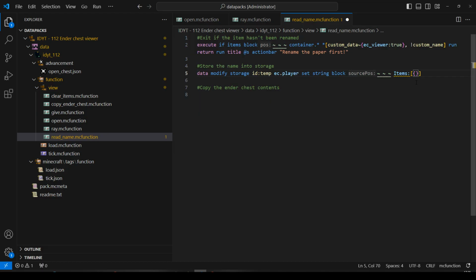So we've got items, open and close square brackets. We've got open and close curly brackets. Inside those curly brackets, we want components. Inside components, we want to be checking 'minecraft:custom_data'. Inside the custom data, we are checking for EC viewer true, and then for that item we will be checking its components,